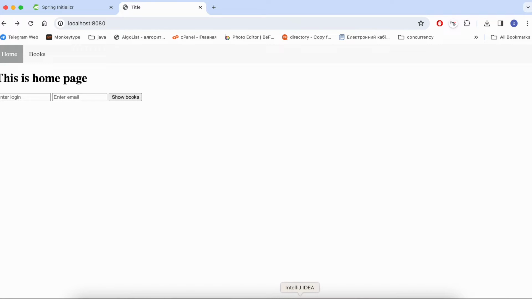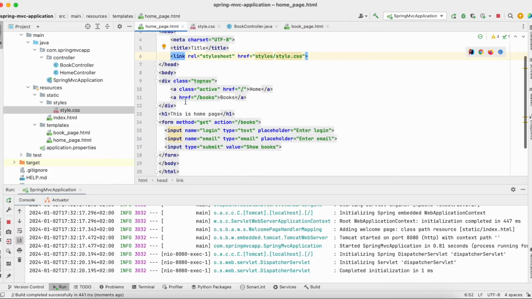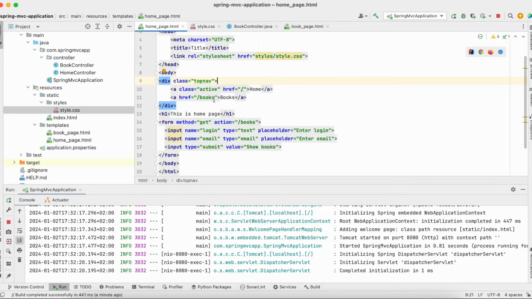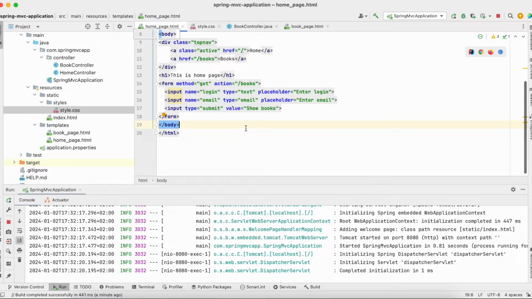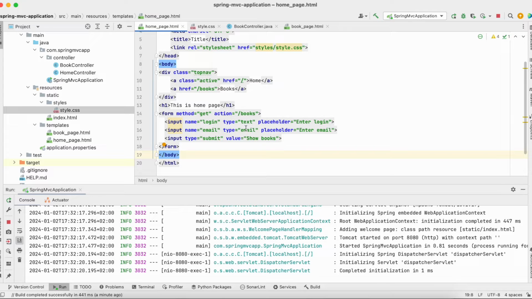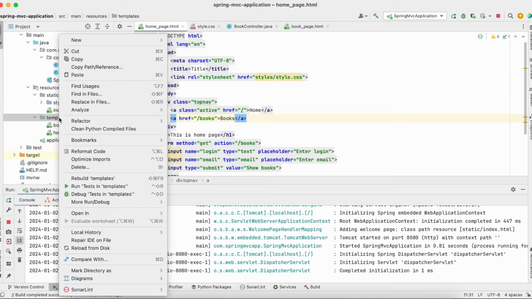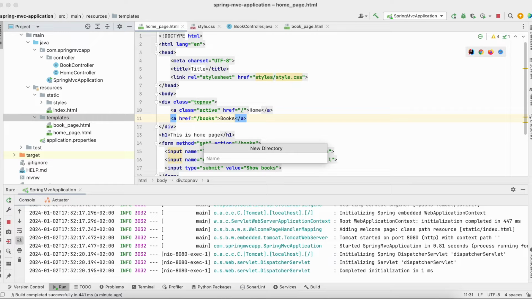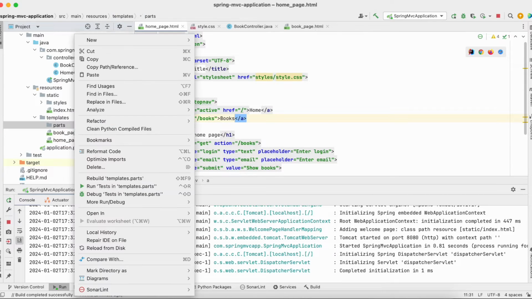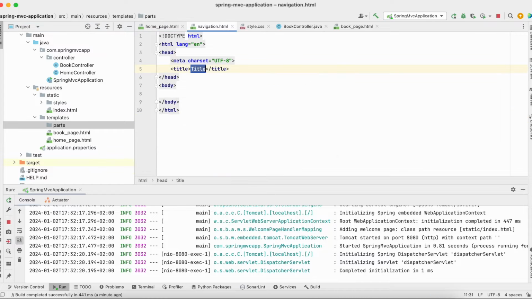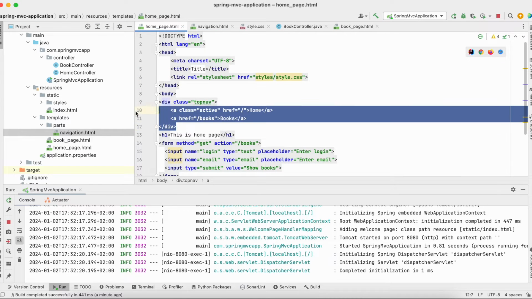But what I also wanted to show you is it's not very convenient every time to copy paste these parts of navigation or, for example, footer from page to page. Thymeleaf allows you to create fragments, put them in separate files, and then use those fragments in the places you want. Let me show you how to do this. In the templates folder, let's create a new directory and let's call it parts, for example. And let's create the first part, a navigation,